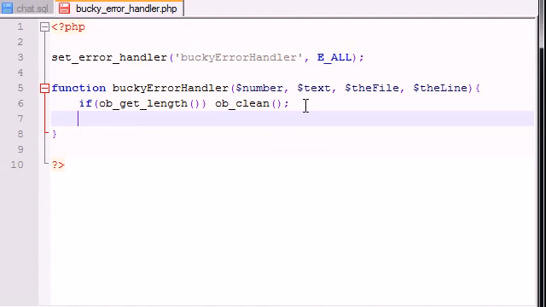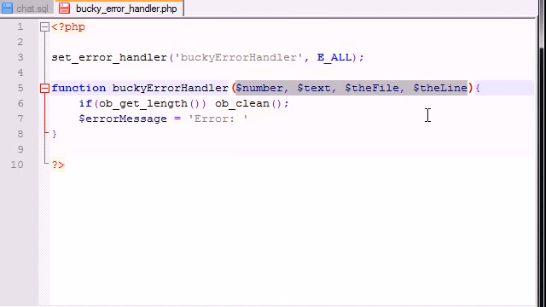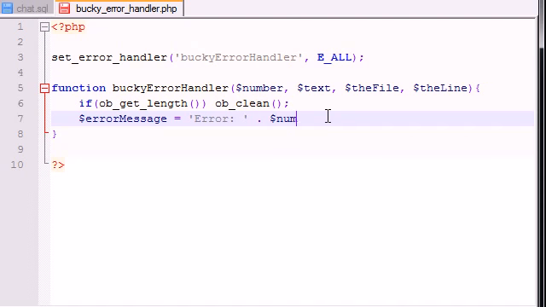So now that we did all the little housekeeping stuff, we can go ahead and build the error message, or the text that's going to display. So let's go ahead and store this in variable error message. And the first thing we want to display is, and we're pretty much going to display all of these things right here. So error, number of your error and